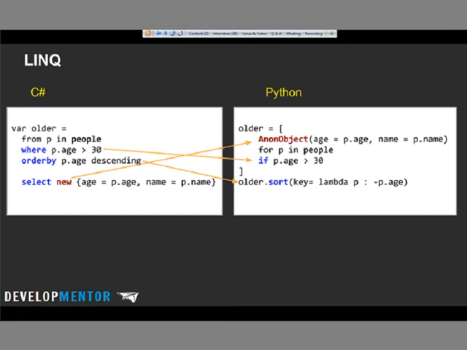Now, the other thing that's awesome about LINQ is it gives you this power to access all sorts of data types, right? Like you could have people be a database, you could have people be a NoSQL database, you could have it be Twitter with LINQ to Twitter, things like that. You don't really have that here. This is more like you have LINQ to objects, right? So in that regard, definitely a hat tip to C# and that they've got something great.